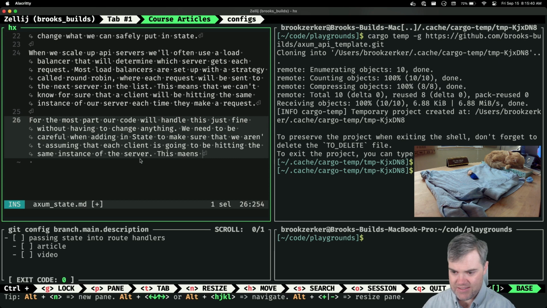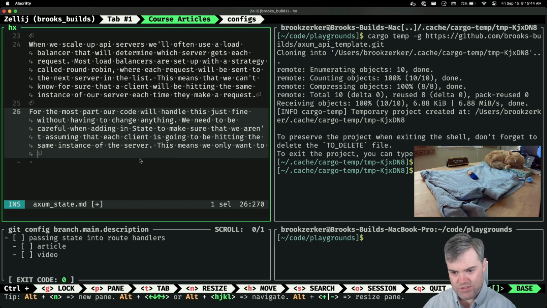This means we only want to store data. We want to store things for the server rather than for the client.